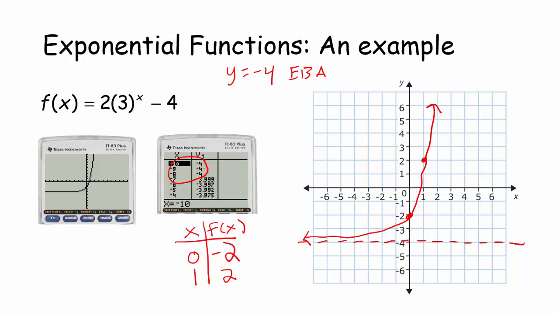So it's not like the calculator is lying, it's just that these values are so close to -4 that the calculator is rounding the output value to be -4. So, I mean, that's technically false. Like when x is -10, y is probably like -3.9999, with just so many nines that the calculator is just rounding to -4. So you got to be careful when you look at the calculator, because with a lot of these functions, it's not that the calculator will lie to you, it's just that the precision of the calculator is